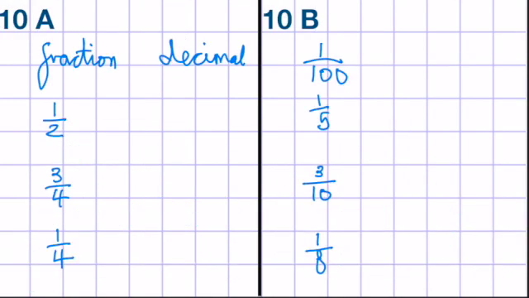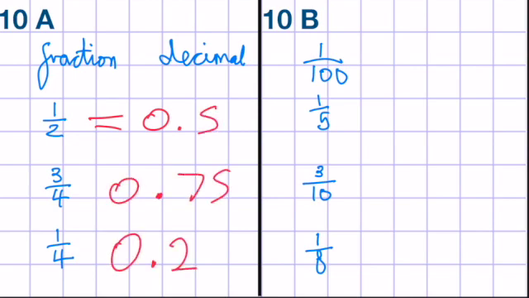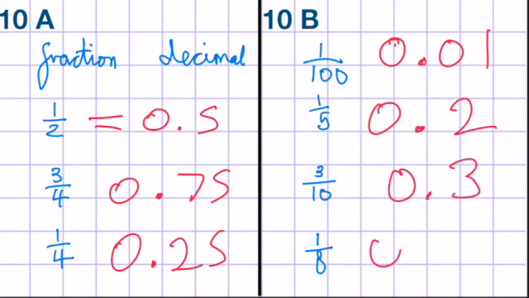For the last one, please write the decimal equivalent for each fraction. Press pause and then we'll do it together. Half, 0.5. 3/4, 0.75. 1/4, 0.25. 1/100, 0.01. 1/5, 0.2. 3/10, 0.3. 1/8, 0.125. So that is our calculations for today. If you got one wrong, check it, go over it again. If you still don't understand and you think I've made a mistake, let me know and I will see you